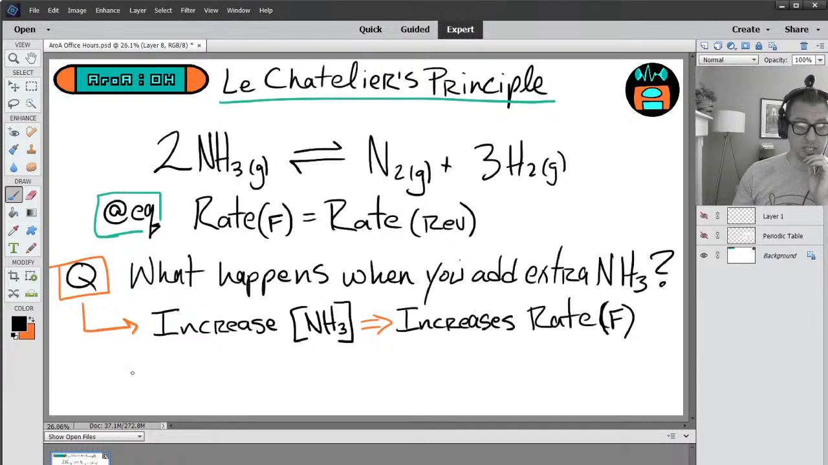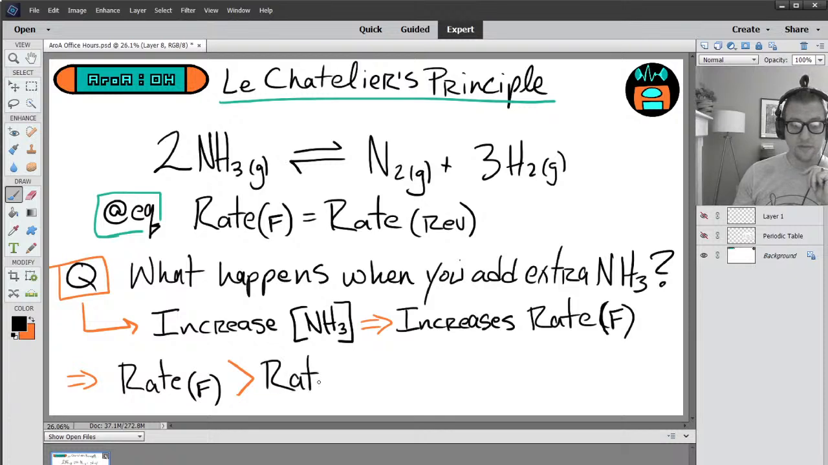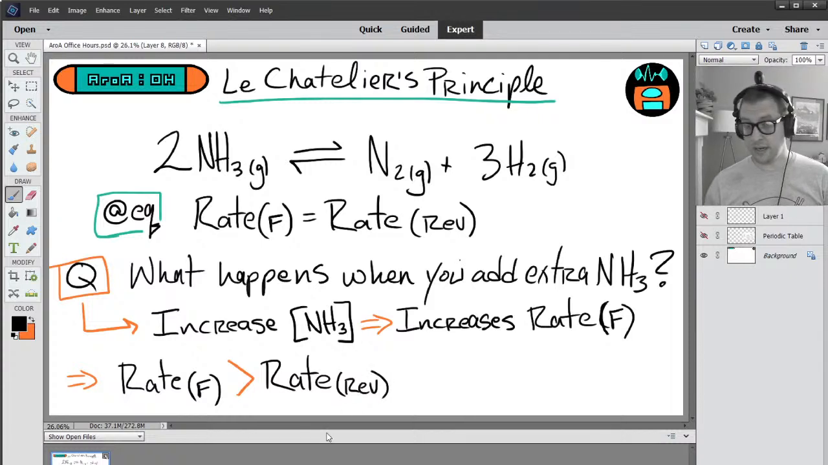So temporarily, what this is going to do is immediately after you add NH3, the rate of your forward reaction is going to be greater than the rate of the reverse reaction. All right? Temporarily, the rate of the forward reaction is going to be greater than the rate of the reverse reaction. So what's going to happen? Now, equilibrium will reestablish itself, but